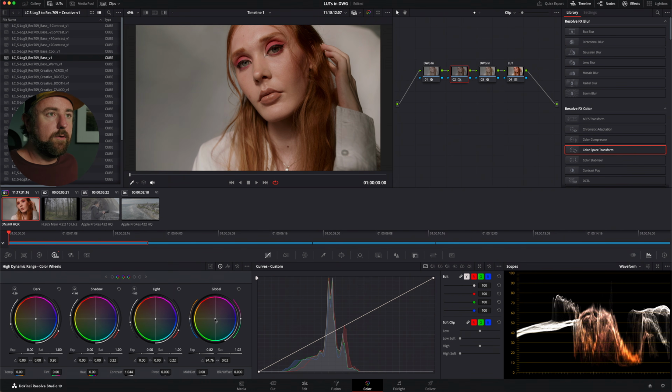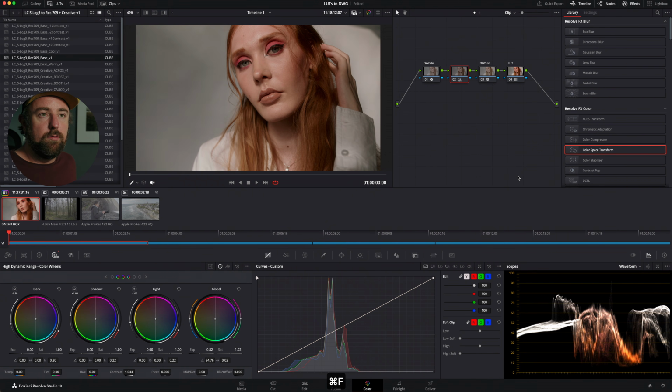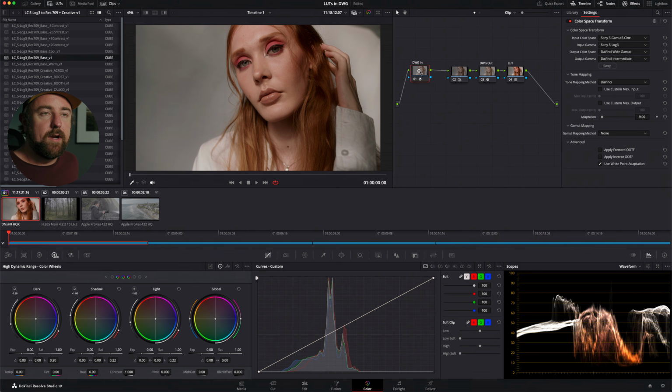So say those are our corrections. I'm going to hit Command D. So this is before and this is after, before and after. Now, if we wanted to do more adjustments, we would just do them in between the DWG in and out. Oh, I need to relabel this because I copied the node. We would just do them in between here because we want to be grading inside of a DaVinci Wide Gamut